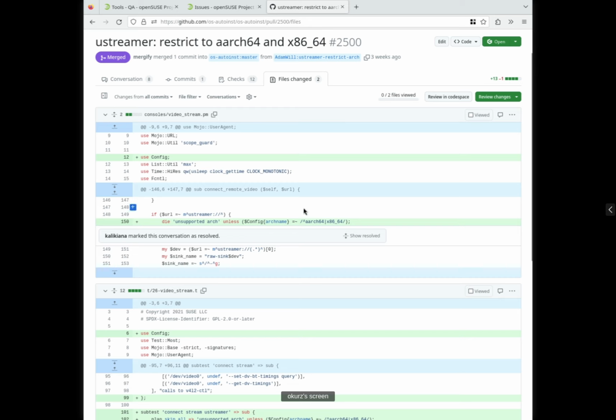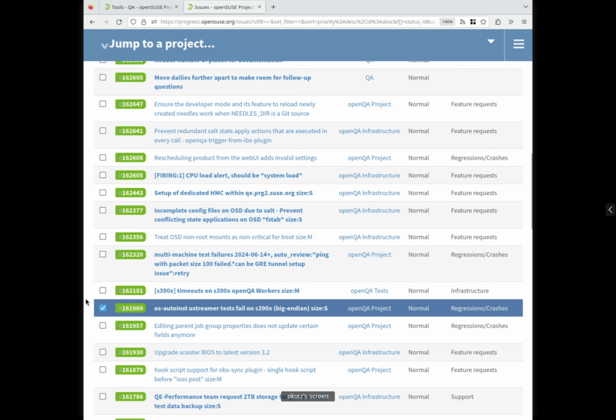So now this is restricted to only where we know that this is explicitly supported. And if a need would arise to support that on other architectures, I don't know the details, but I guess a bit more brain power would need to be invested to understand what would be needed there.